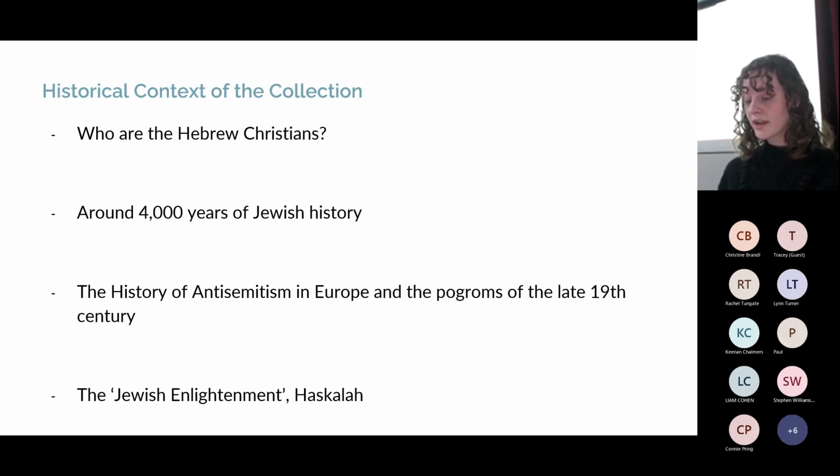So the pogroms were calculated attacks carried out against Jewish communities, primarily in Eastern Europe, by non-Jewish members of the community, the vast majority of whom would have identified as Christians. So these events are important to focus on, especially when David Barron would often go to places where pogroms had happened in Eastern Europe. The pogroms are fresh in the memories of Jewish immigrants to England during this time,